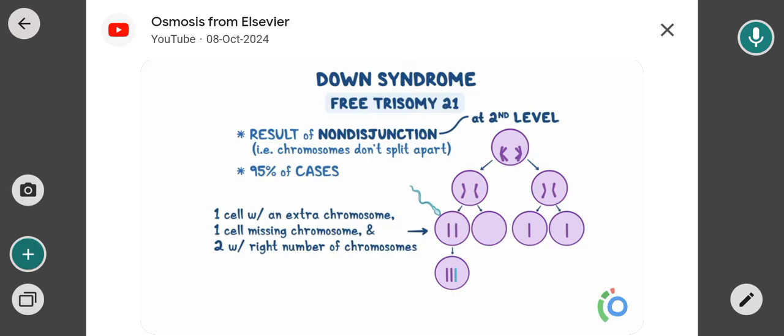In other words, 3 chromosome 21s, or trisomy 21. In case you're wondering, the sperm cell could also combine with these cells that have the missing chromosome